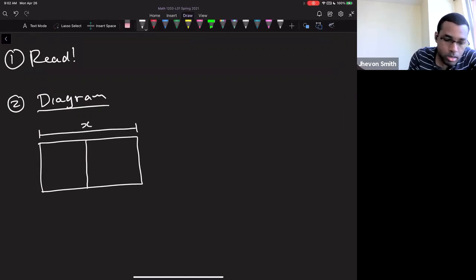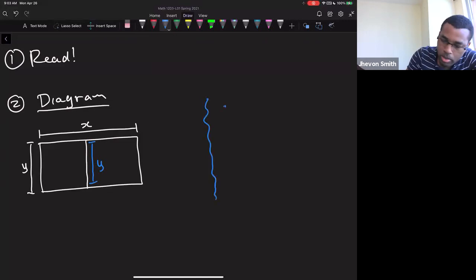It's going to be x. This edge here is going to be y, which of course means that this inner edge here is also y. Should mention here,